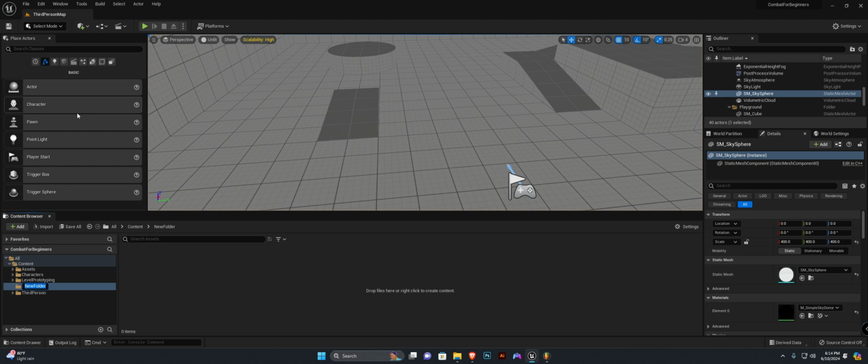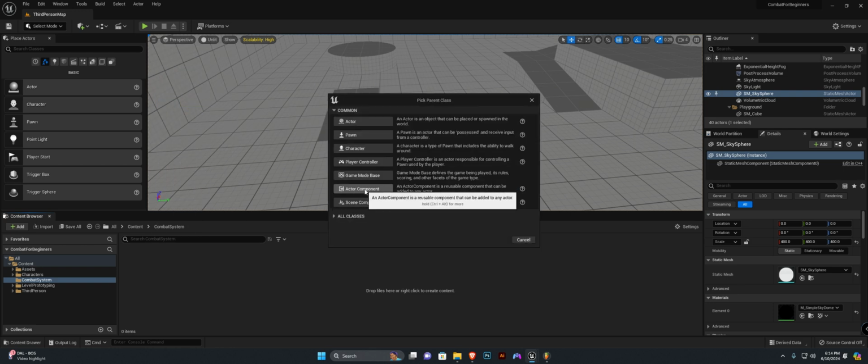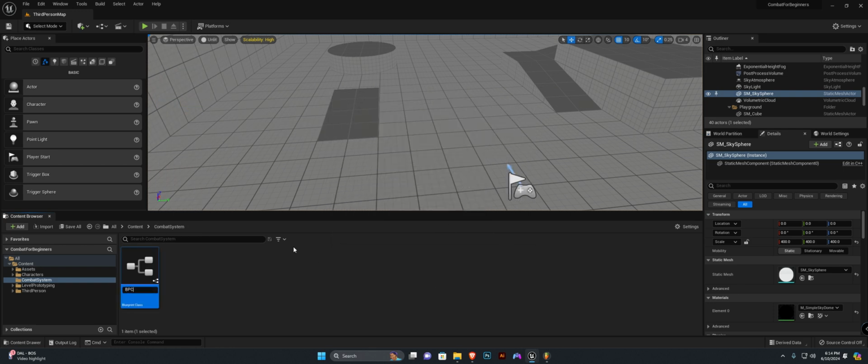We're going to call this combat system. Right click, add a new blueprint class. We're going to create an actor component. We're going to call this BBC_combat. Now, we can open this up